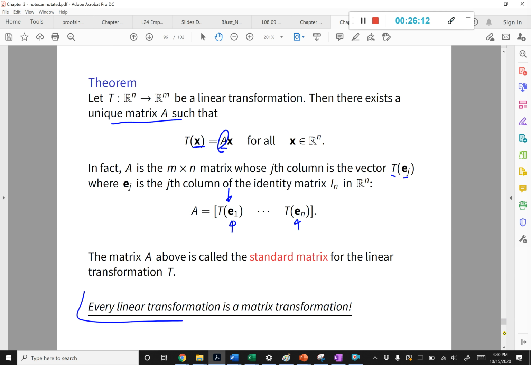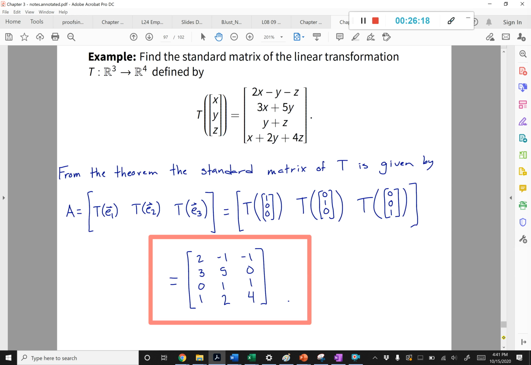So this is the theorem that I mentioned in class. Every linear transformation is a matrix transformation. So find the standard matrix of the linear transformation, R3 to R4, defined by this. Using our theorem, we did talk in class about how to do this. We could break up 2, 3, 0, 1 times x minus 1, 5, 1,